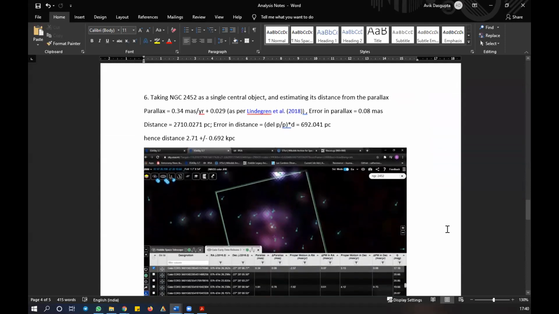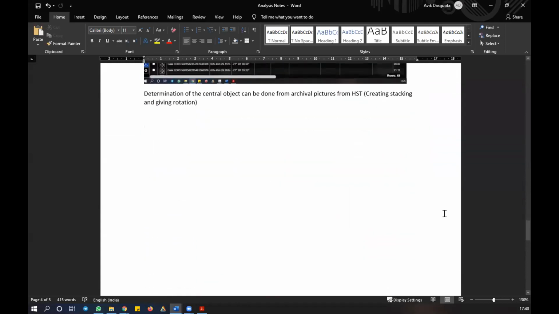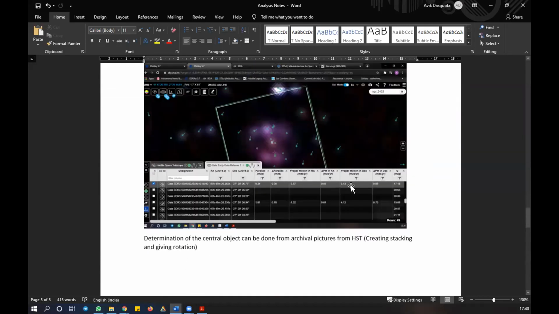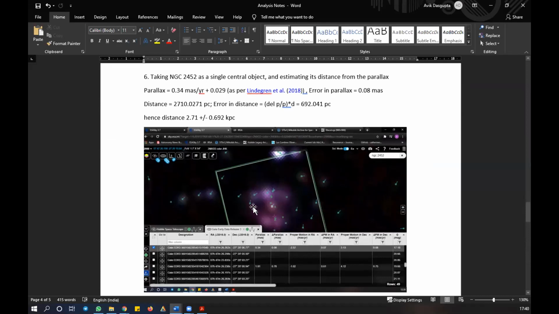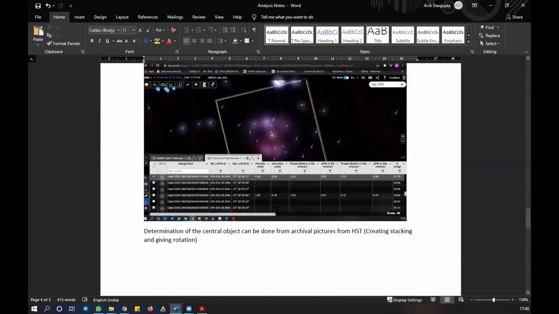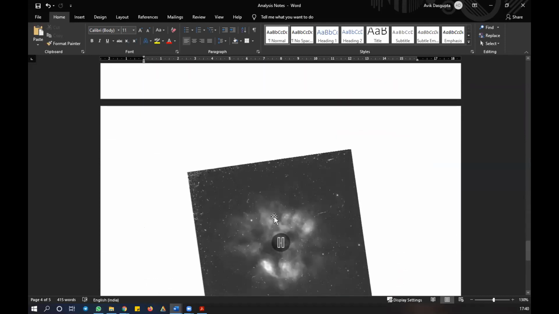So look, I have done some comparisons. So this is the HST image. Correct. And there are sort of these plumes, gases. And I have stacked 3 HST images to make this one. So very good. This one, and comparing with what ESA sky shows. So all these are basically plumes. These two stars are more in the foreground.